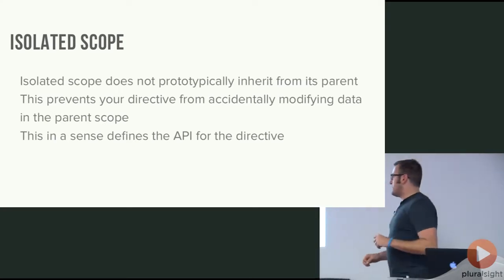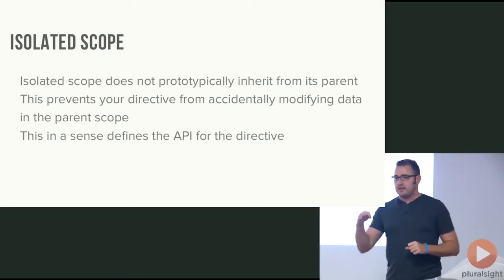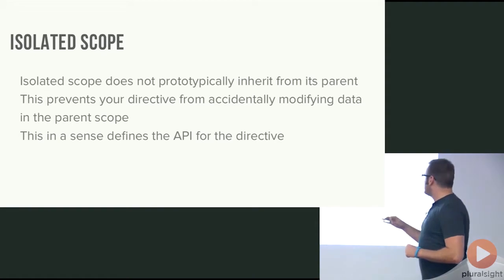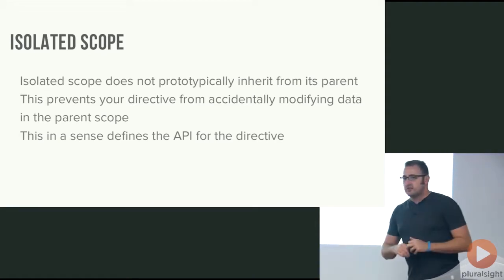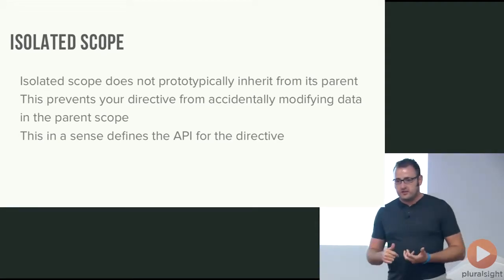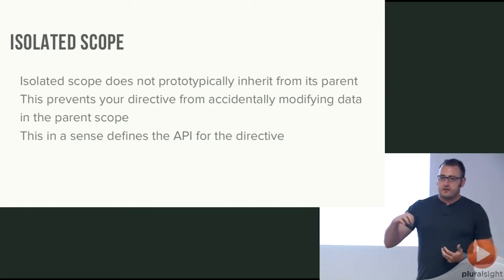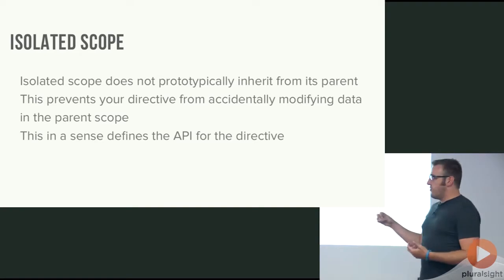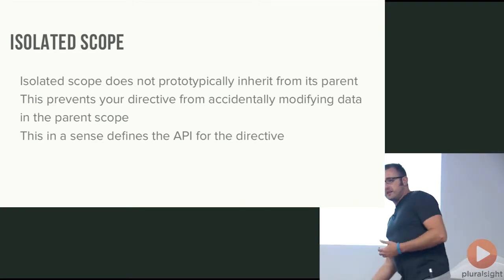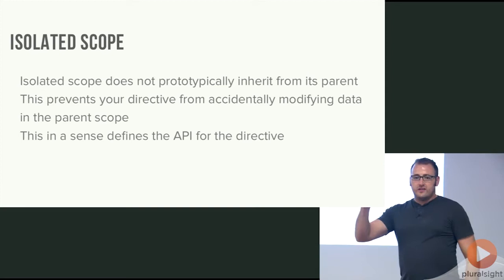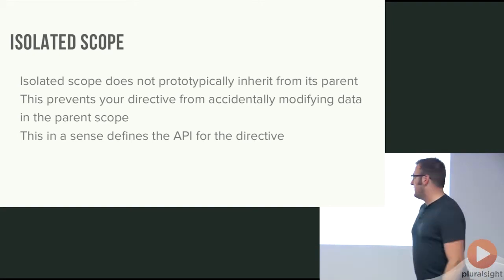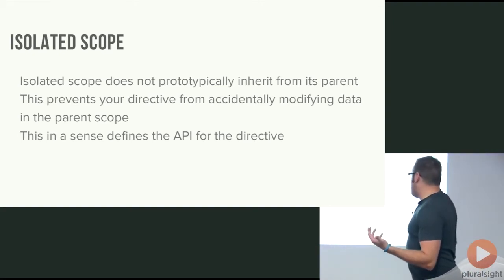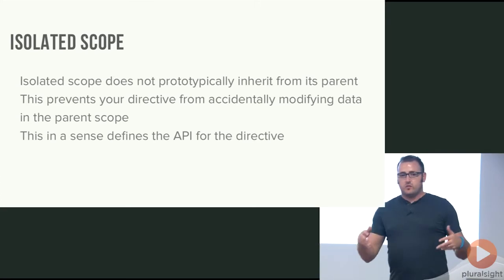So isolated scope does not prototypically inherit from its parent. What this does is prevent a parent from modifying data on the directive, and more importantly, it prevents your directive from modifying data on the parent. For the most part, think of this as when you define isolated